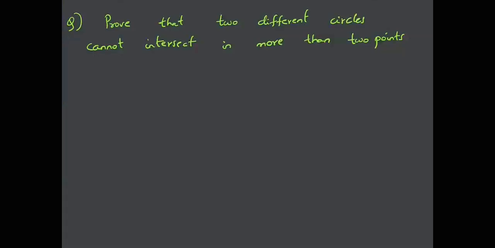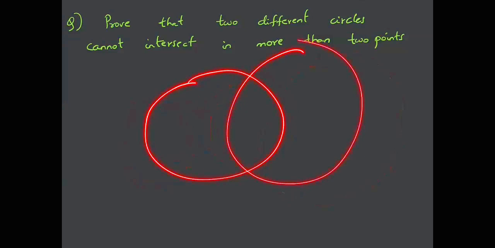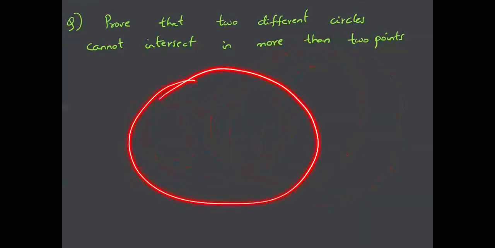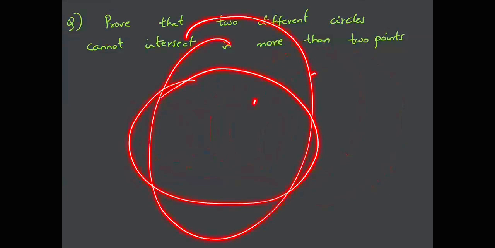Okay, let us discuss this one. So say there are two circles. Then it is possible that these two circles may not even intersect in 1 point, or these two circles just touch at 1 point, or these two circles intersect at 2 points. They can't intersect at more than 2 points. That is, this case is not possible, where two circles intersect at 4 points.